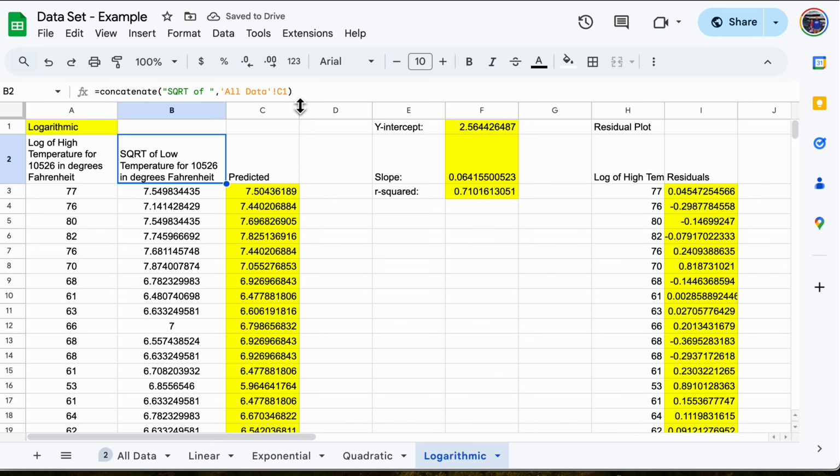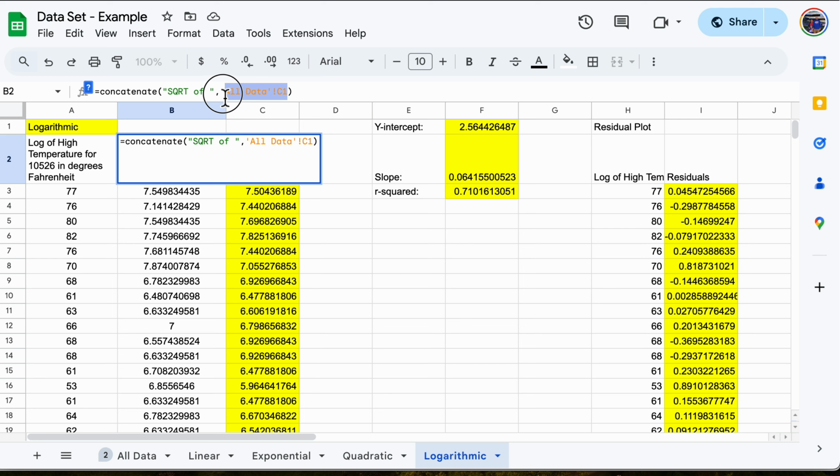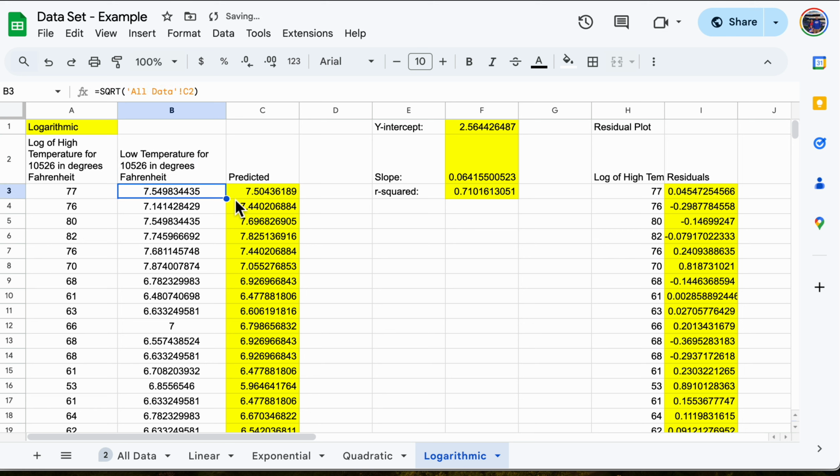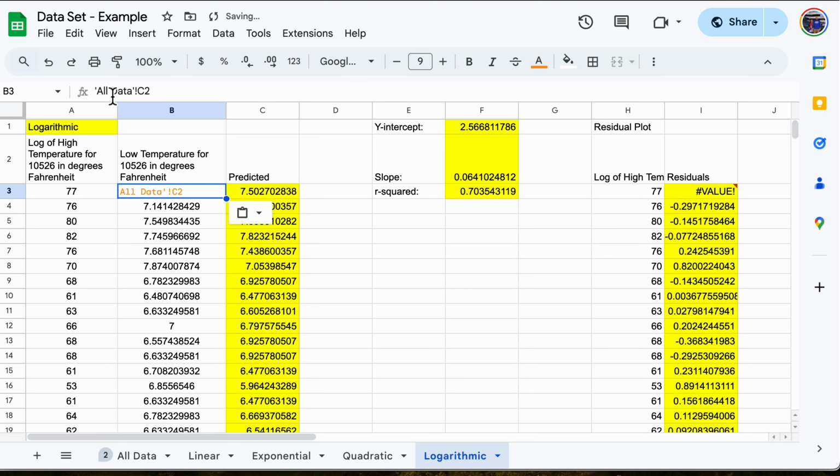This one, we don't need the concatenate anymore because we're leaving our y values just the way they were. I get an equal sign in there. So low temperatures. So I want to go back to what my low temperature values initially were. So I'll just take, instead of the square root, I'll just take the all data C2 value. So equals,